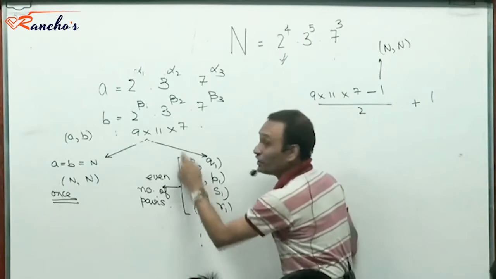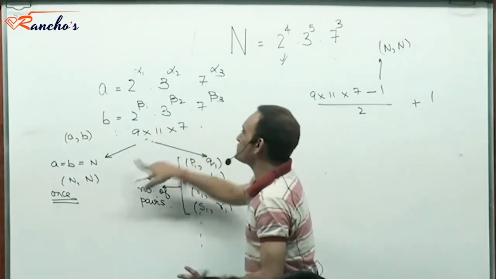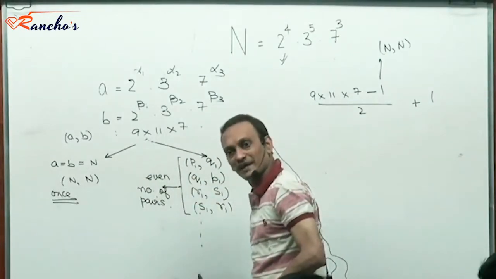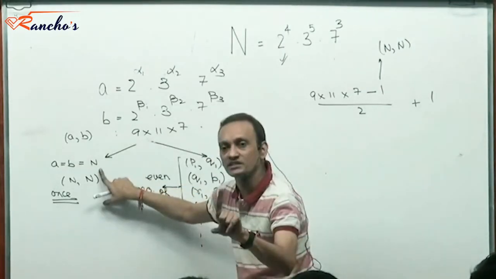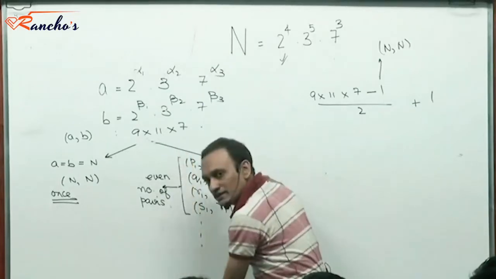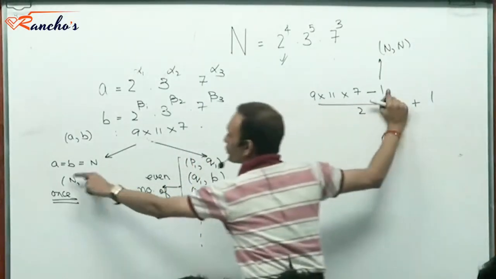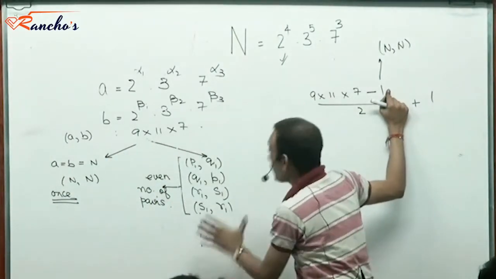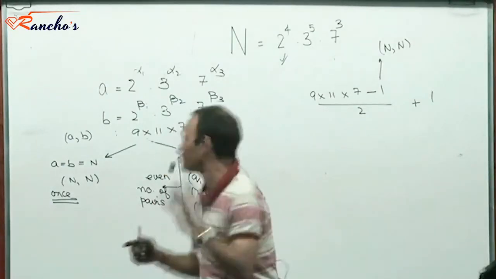Okay. Now, I don't need all of them. From these many pairs, which is one pair here and an even number of pairs there, I remove this one case first. If I remove this one case, then I get all these remaining cases. So 9 into 11 into 7 on removal of this one case will give me these many pairs. But I don't need all of them. I need only half of them if the order is not important, right?